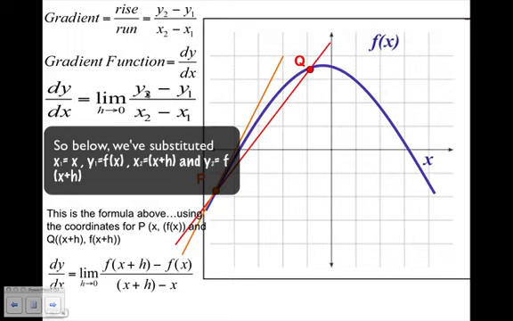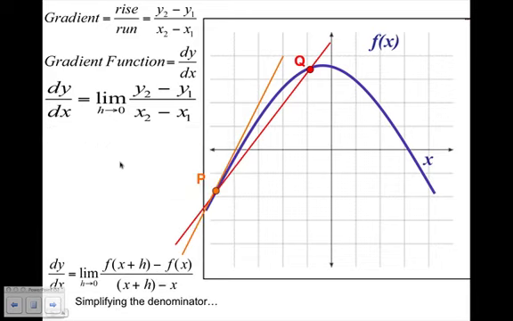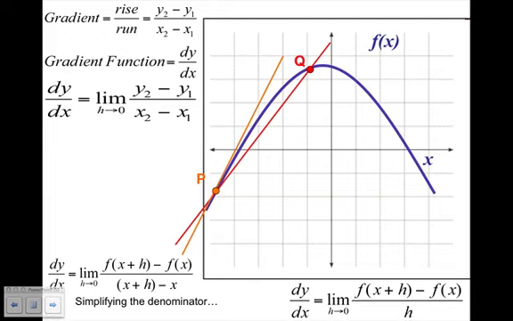If you let y2 and x2 be the coordinates of Q, and x1 and y1 be the coordinates of P. Okay, so what is y2? Well, y2 is f of x plus h. And what's y1? That's f of x. And similarly on the denominator here, you can see x2 is x plus h, and x1 is just x. We can simplify the denominator, remove the brackets, the x's cancel to leave you with nothing but h down the